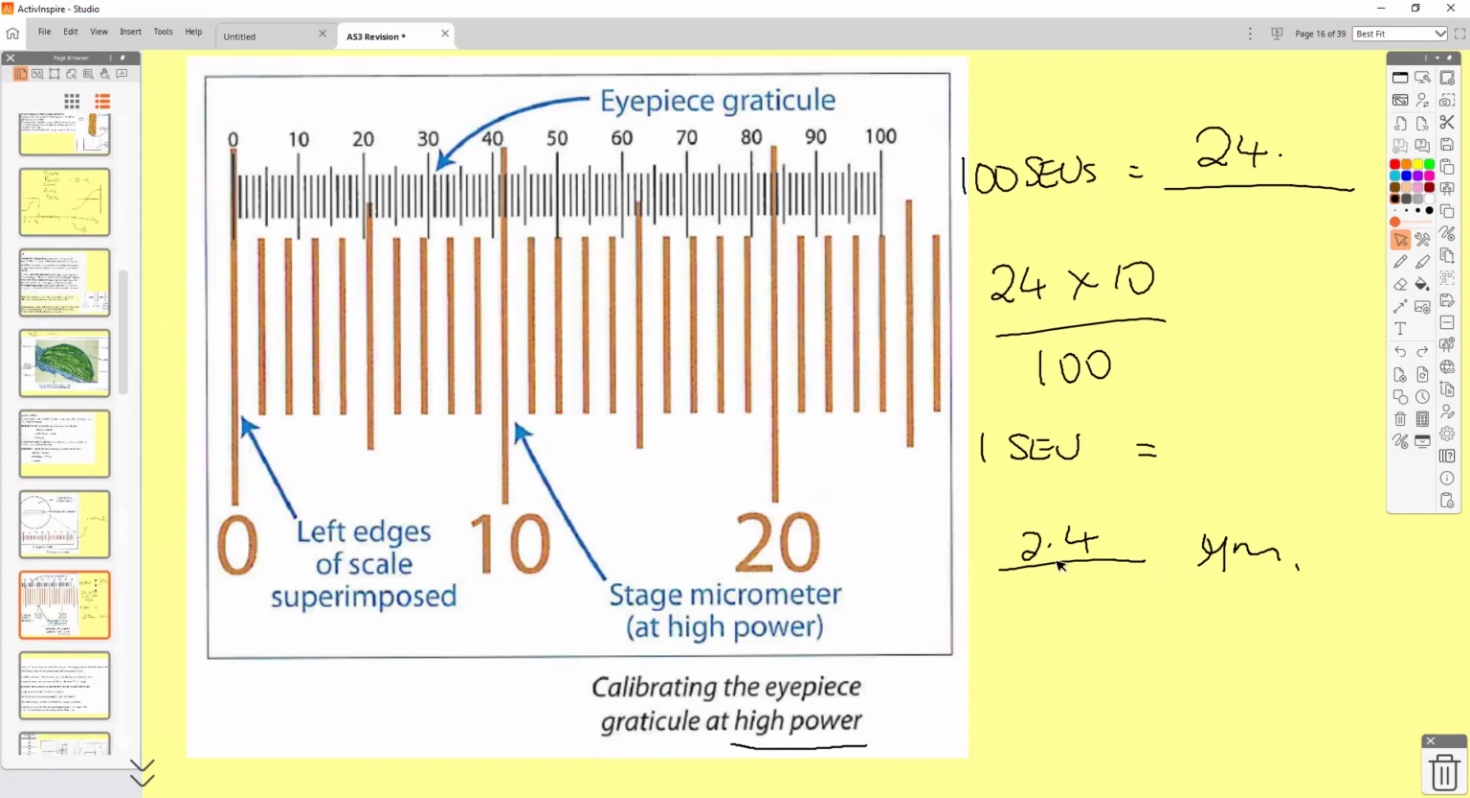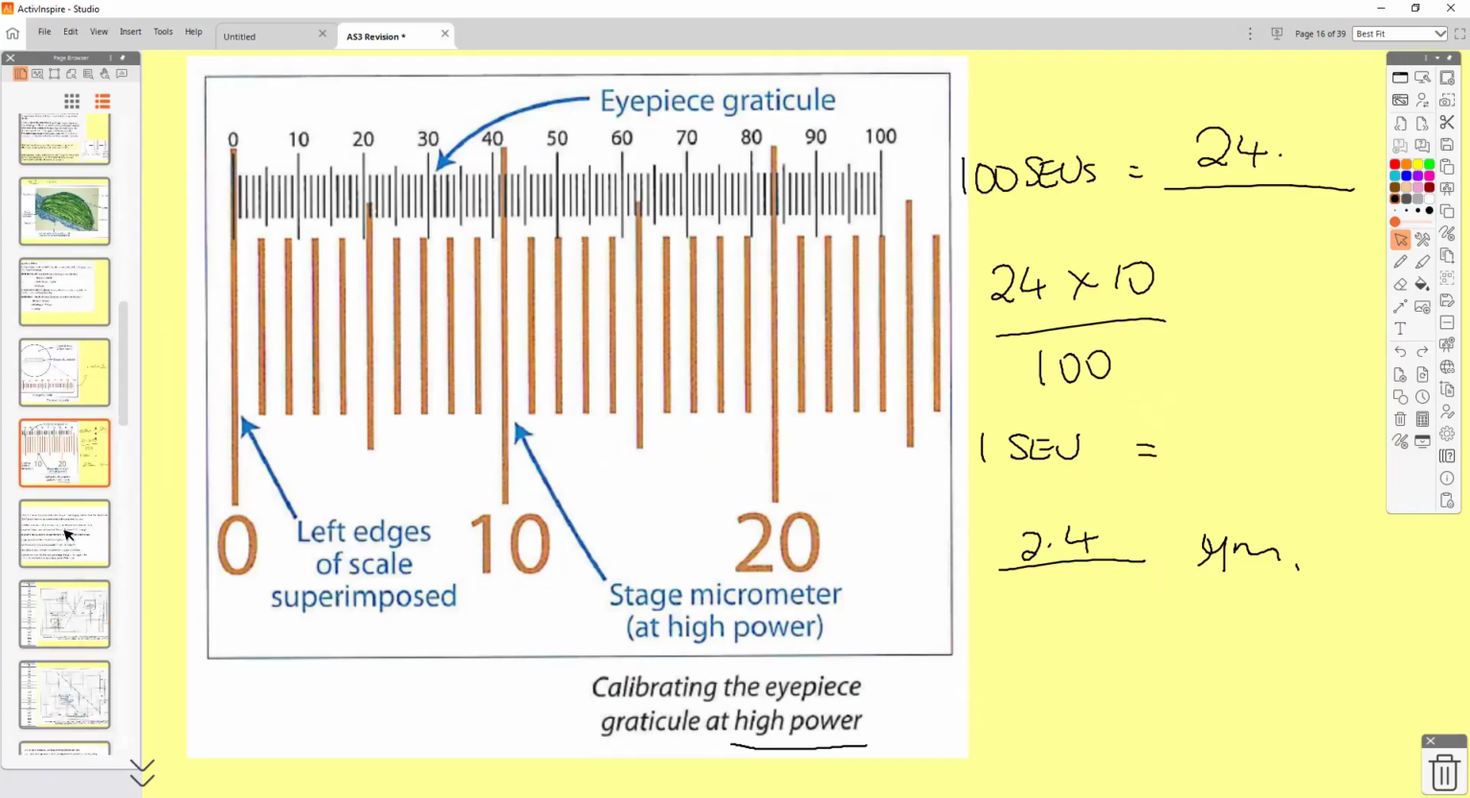Okay, and you can see here that 24 times 10 over 100, each small eyepiece unit, one of those, so from 10 to 11 there you can see, would be 2.4 micrometers. Then you would use your eyepiece to look at cells, be it animal cells, cheek cells, onion cells. You line it up with your eyepiece and you can work out the length of the cell based on this calculation. So if your cell is 10 eyepiece units here, then it'd be 10 times 2.4, which would be 24 micrometers